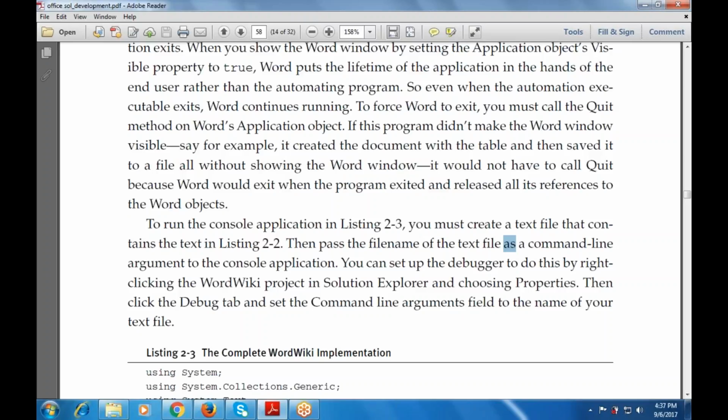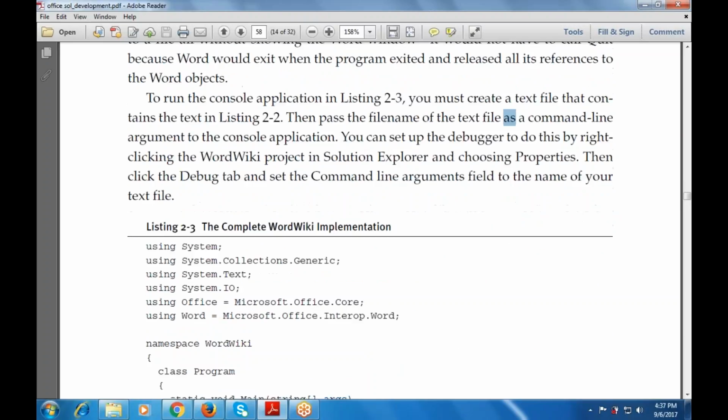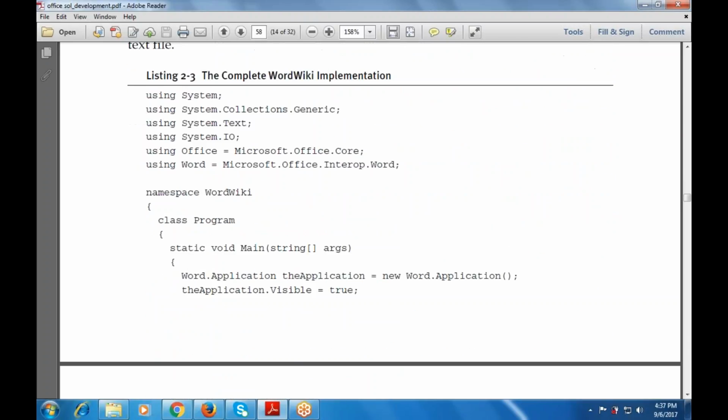When the automation executable exits, Word continues running. At the same time, the lifetime of the application is in the hands of the user running it, rather than the automating program. That depends on the requirements of the user. Again, I am saying this is a program that is talked about how